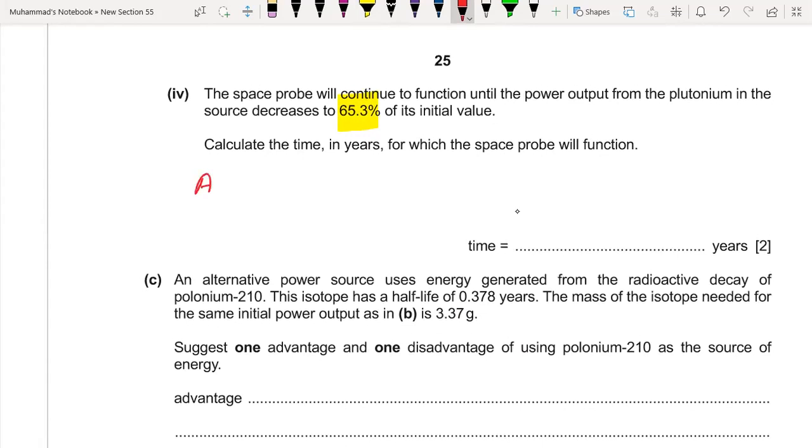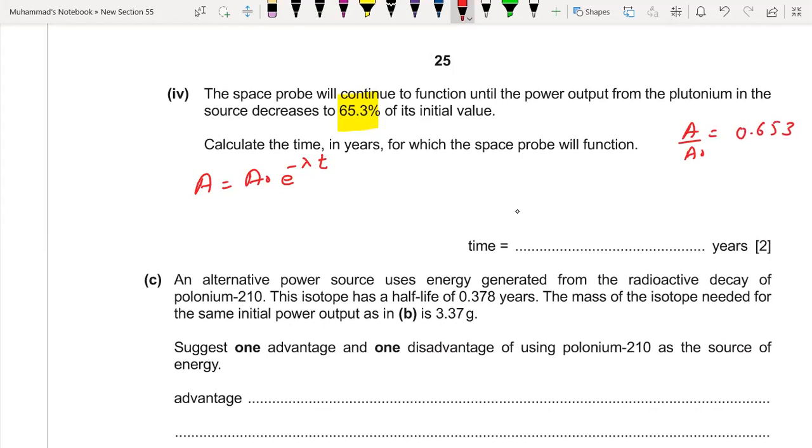So we have to use activity, that is A naught e power minus lambda t. And activity is number of decays per second. So 65% means A over A naught